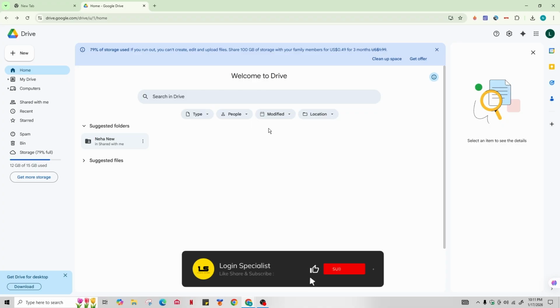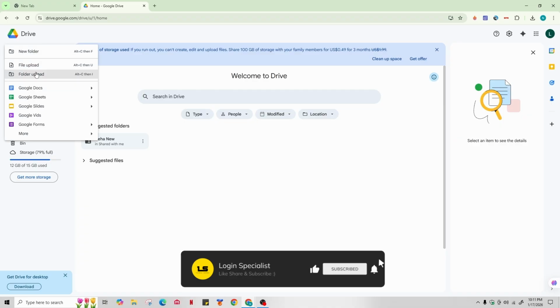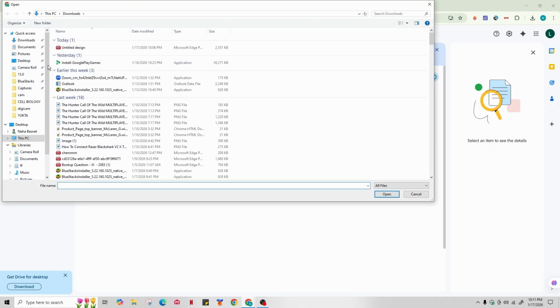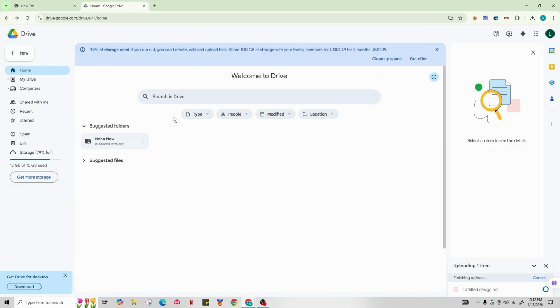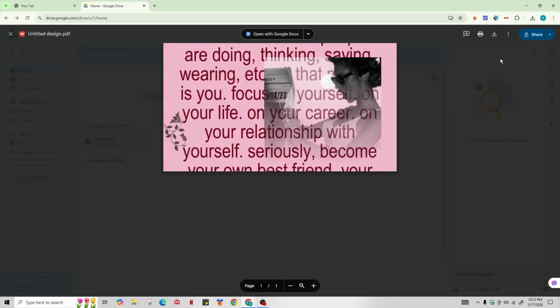Once in the Google Drive, click on the New in the top left corner of your screen. Then tap on File Upload. Select your PDF file, and then tap on Open. The file will upload to the Google Drive. And after the upload is completed, you can tap on the PDF file, click on the Share button in the